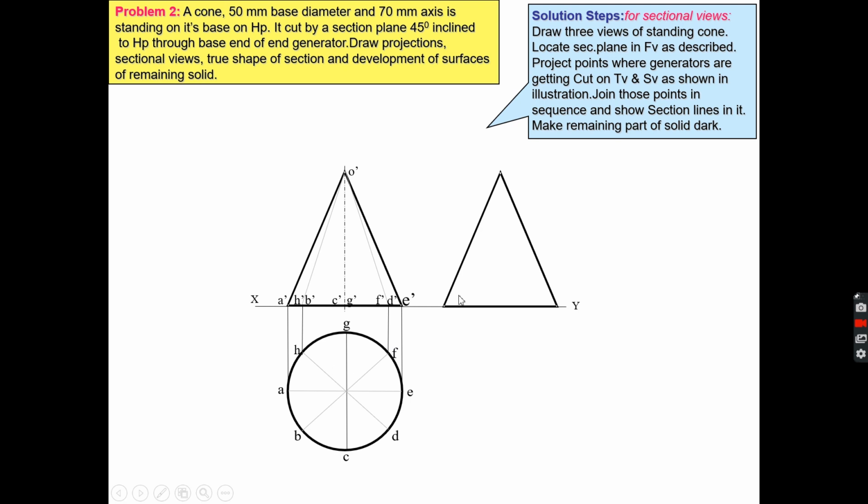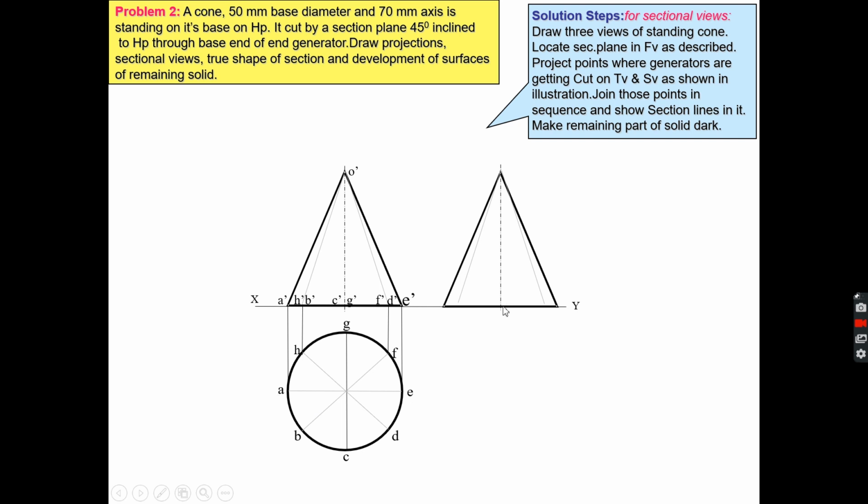Here, this end point will be G, this point will be H, this point will be A, this point will be B, this point will be C, and again H. This point F is just behind the point H, so this point will be F also.